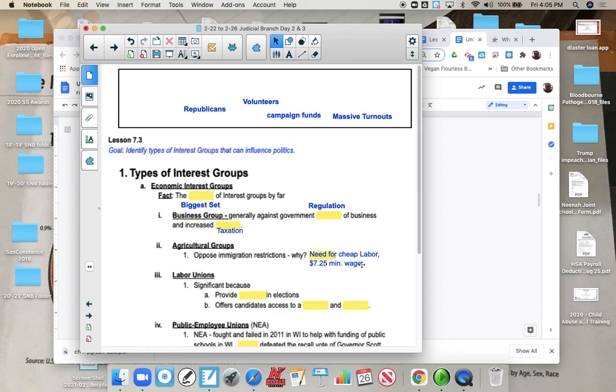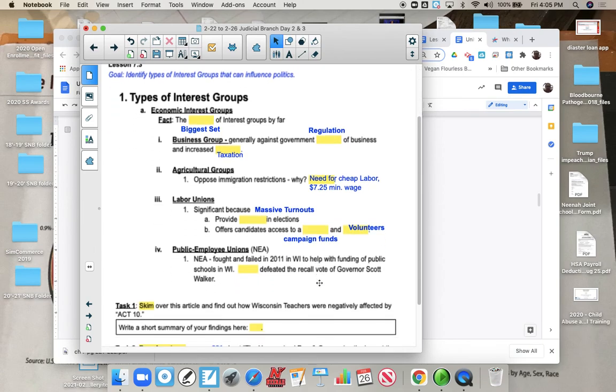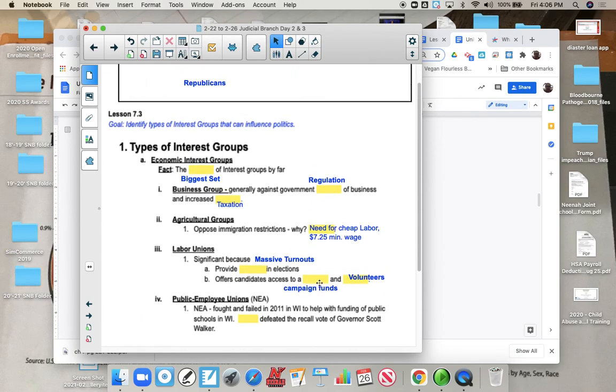their crops. Labor unions, these are super significant because they have massive numbers of people that can turn out for elections, and they typically all vote the same direction, Democrat or Republican. And they collect dues or fees to be part of the group or the union, and therefore have lots of campaign funds, and they have lots of volunteers to work door to door to raise awareness to a group or